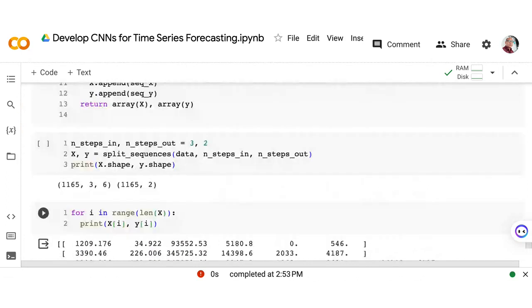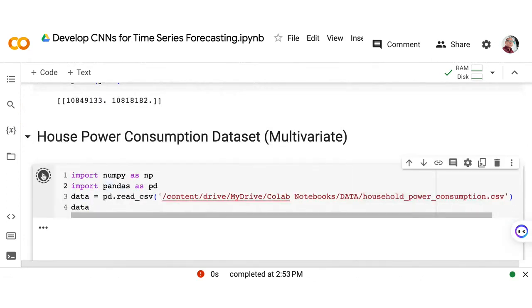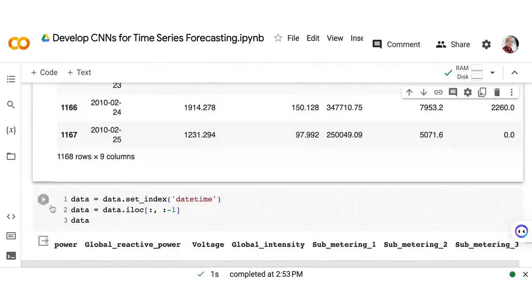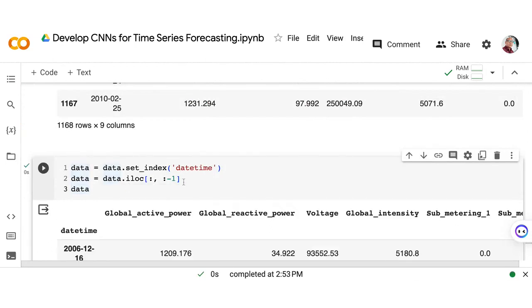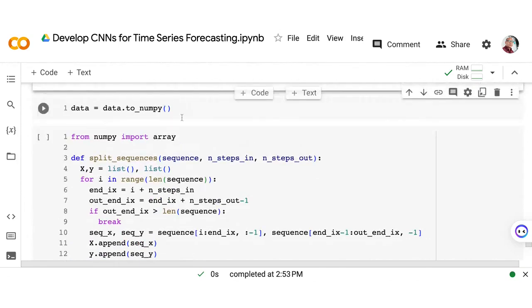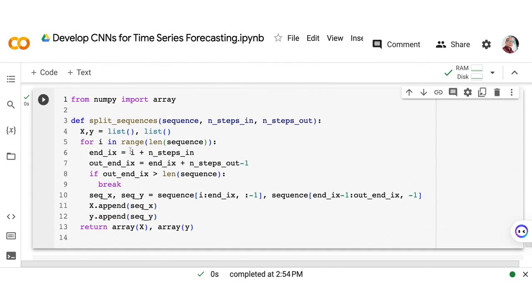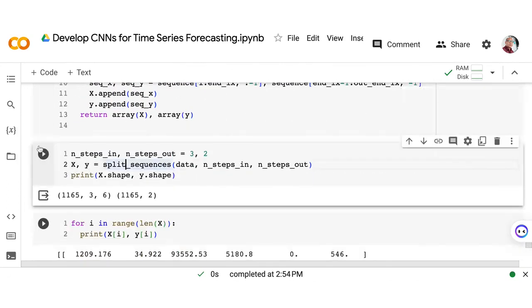Dito sa part na to, wherein we want to import first the data set. And then we only included all except the last column, and then we convert it into an array, and then we created the function for splitting of our sample for the number of time steps.